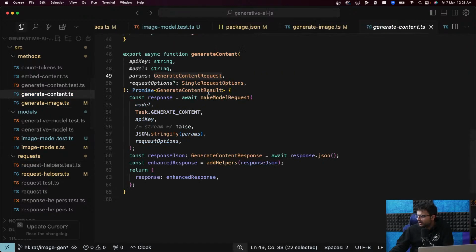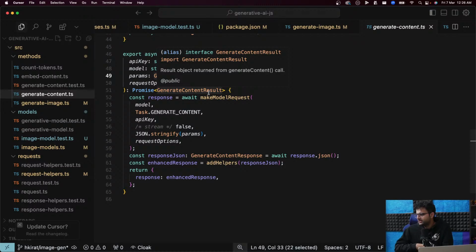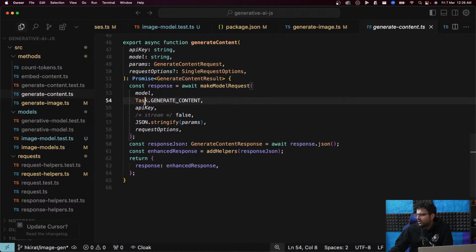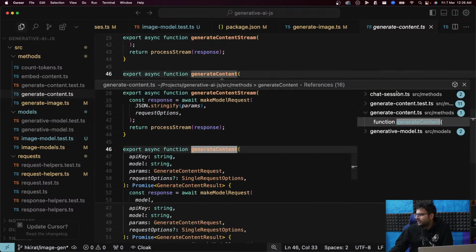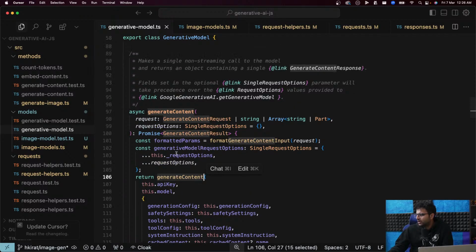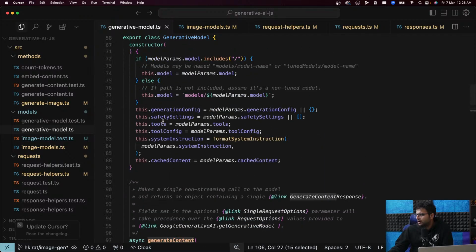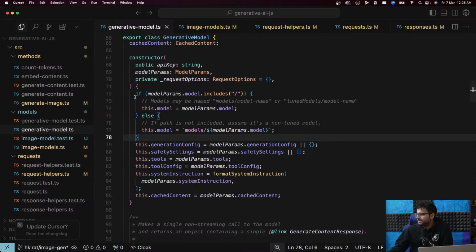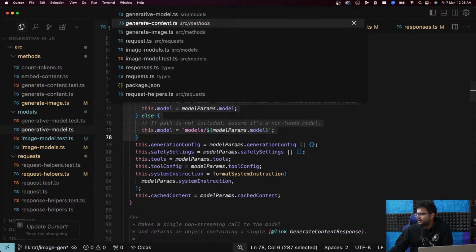Generate content, make model request, model, this is a string. This.model. There you go. The path is not included. It's assumed to be a non-tunneled model. Alrighty. Should probably do the whole thing here.